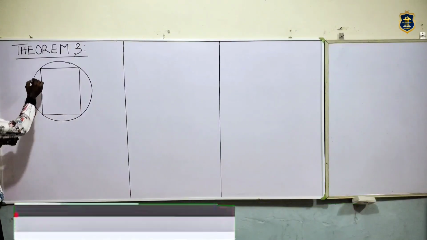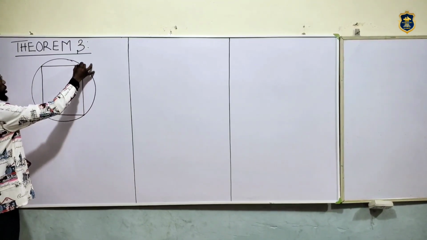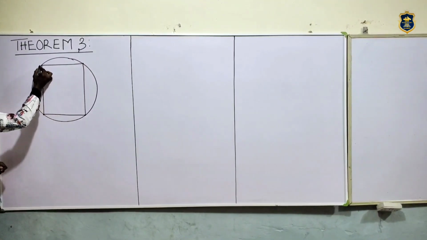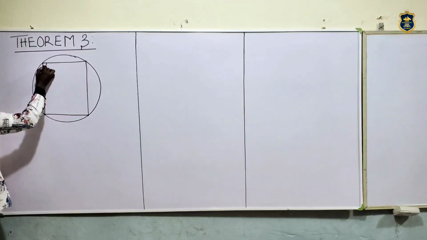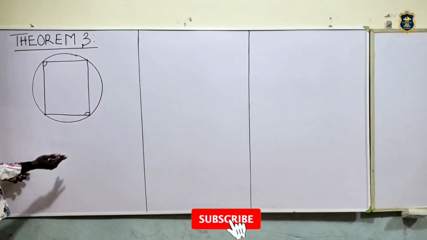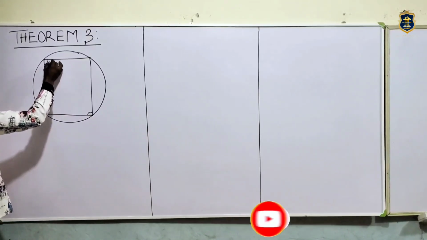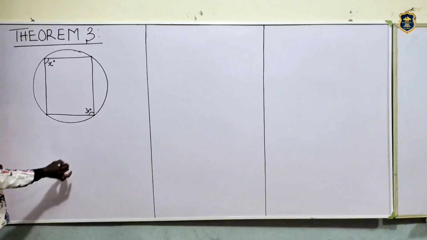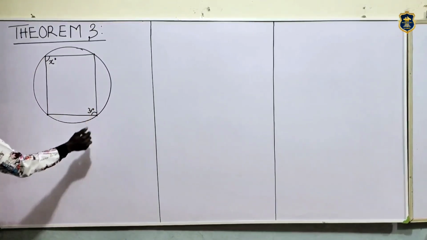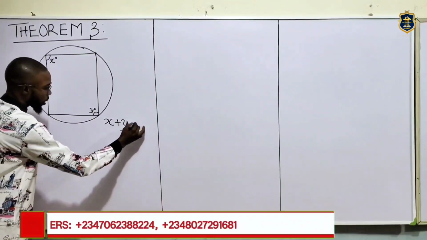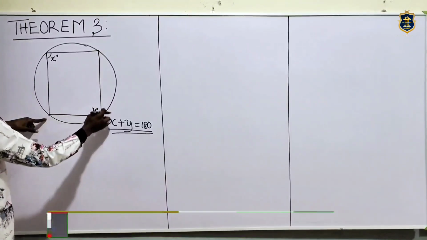In theorem 3, whenever you see that the four corners of the rectangle are touching the circumference, the angle here will sum up with this angle to give us 180. It's called diagonal, a diagonal angle. Let's call this angle X, for instance, and this angle Y. The condition X plus Y equals 180 will only be valid if the four corners of the rectangle are touching